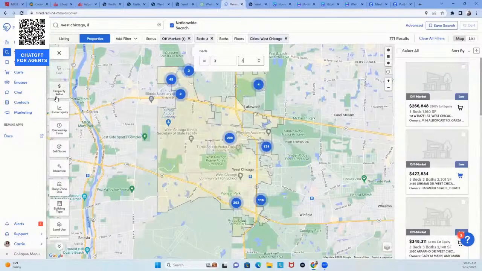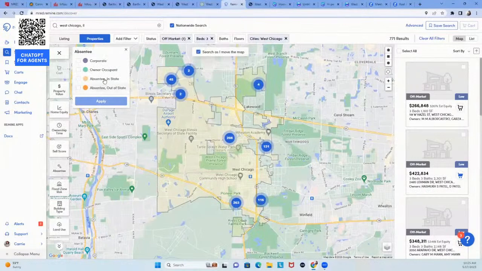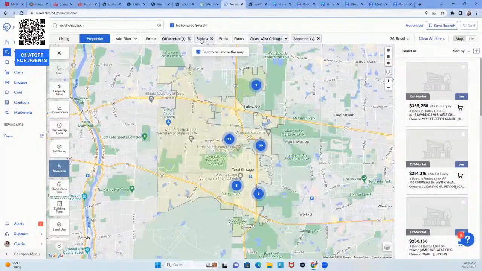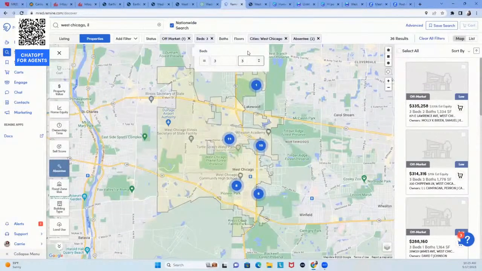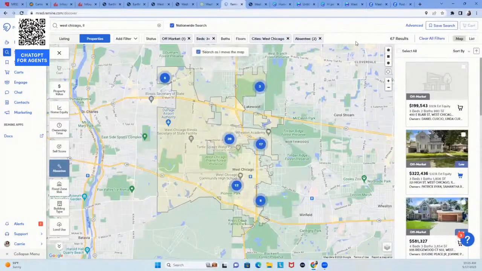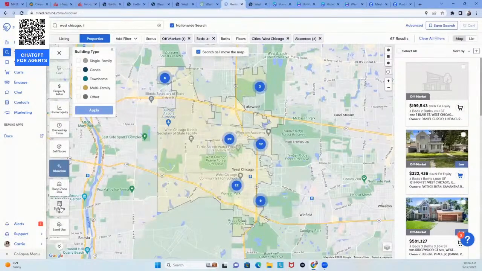And then I'm going to come over to the left and choose absentee status, absentee in-state and out-of-state. You can do the same thing in Realist. There's 36. Let's do this. Let's see what happens. There's 67. That's interesting. And West Chicago is not huge. Like Naperville has 6 times the amount of people. So I'm going to go with this, but to take it a step further, I'm going to go with